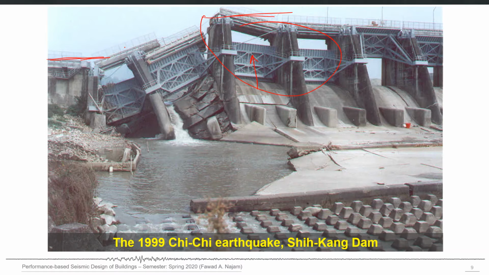This is surface rupture. This is not ground shaking. This is a surface rupture induced by an earthquake. So surface rupture is also an important earthquake hazard, and the only strategy to reduce the loss in case of surface rupture is to just not build on the fault lines. So this was previously unknown fault, and the dam was constructed on it, and it just slipped. The surface rupture caused this huge differential movement, which resulted in the failure of this dam.